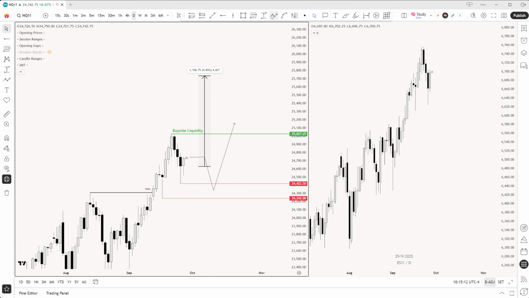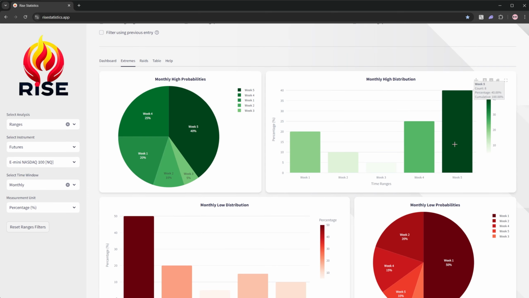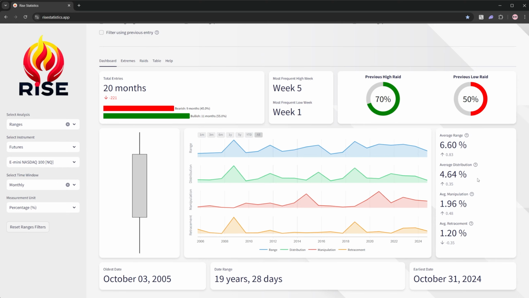So if I see that coming up on week 4, we have reached this level, then I know that I can frame some retracements going into the end of the month. Once again, if we go back to Rice Statistics here in a second, going back over those extreme probabilities, right? We know it is a high probability of trending until the end of the month, but we could see a week 4 high form with a cumulative probability of 60%, right? Which means majority of the time we'll see the high formed before week 4, but then that 40% will give us week 5. So we could still see an end of the month retracement, but I will be basing it